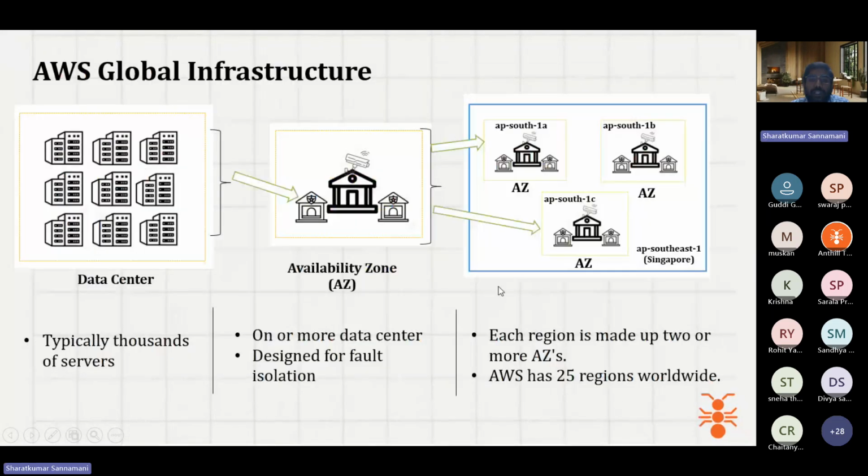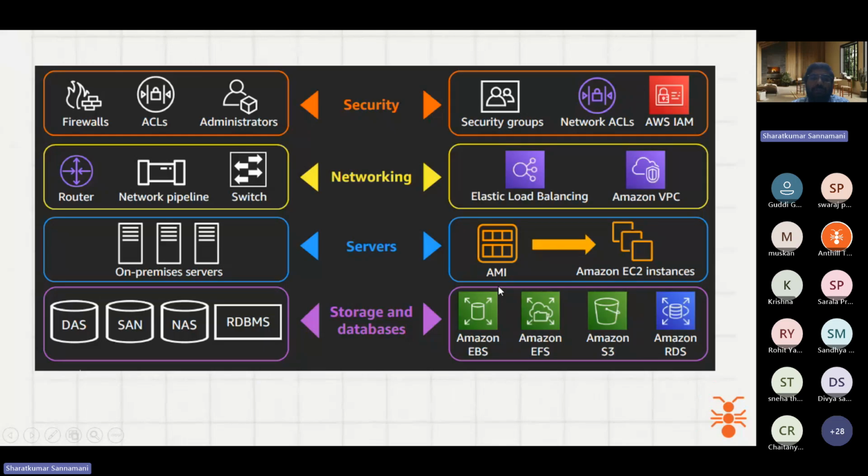So now, what are the different services actually? We see on-premises, right, or the traditional approach, where they have firewalls, servers, a cooling system, all those things. In a similar fashion, for security, they have a set of services like firewall, administrators, or ACL, access control list. For networking, they have routers or network pipes.